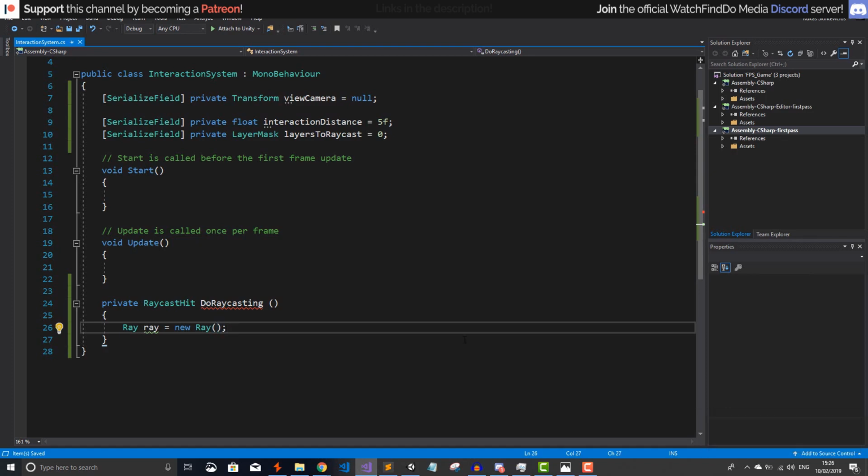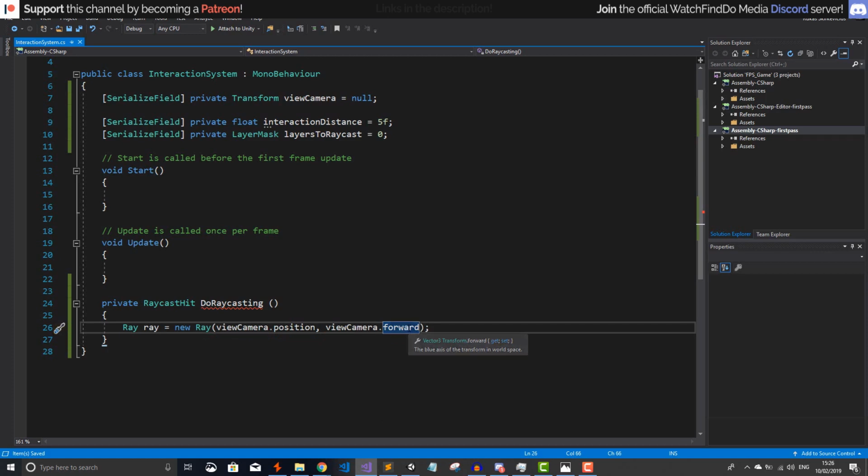So the position that the ray needs to start is going to be the view camera dot position, and the direction is going to be the forward direction, so where the character is looking at. So the direction needs to be view camera dot forward. The forward direction is simply just the blue axis of the transform,